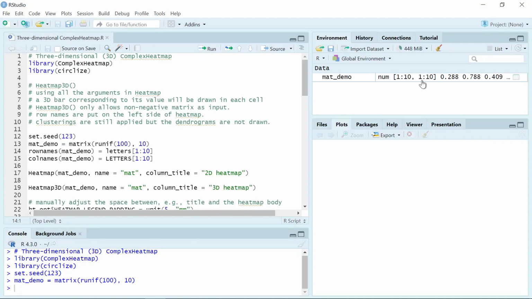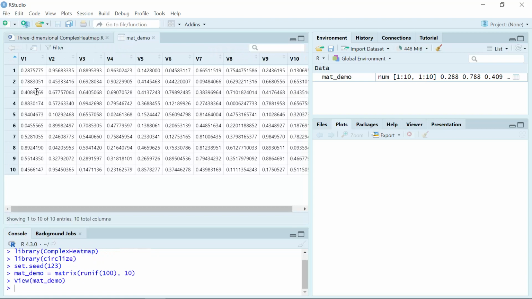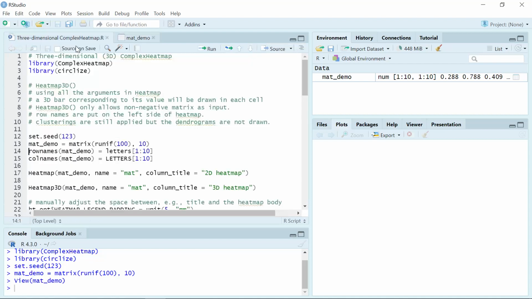We can have a look at the dataset. You can see we have 10 rows and 10 columns. But at the moment, the row names are 1 to 10, and the column names are V1 to V10. So we can name the column names and the row names. Let's name the row names as small letters,